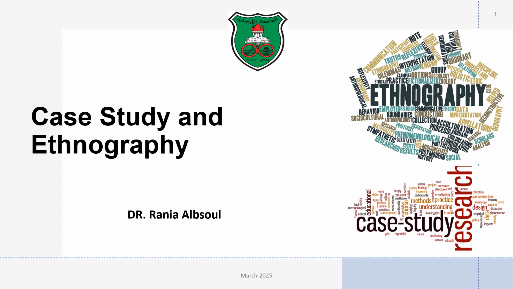So the main essence of ethnographic research, as we will see throughout this lecture, is that the researcher observes and or interacts with the study participants in their real life environments and their culture. And a difference from other types of qualitative research is that it requires a longer time period than other qualitative research traditions or approaches.